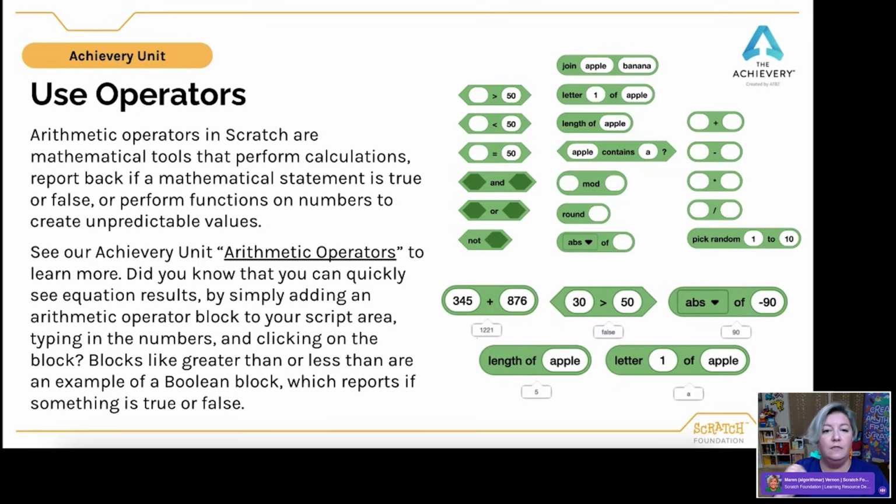And so these can become really invaluable, especially as you are creating complex games. Maybe you're checking to see if the y position is greater or less than a certain number, and that triggers something to happen. Maybe you're writing a math game where you want to have them check the answers of the math equations for you. And so you're able to do that here. So lots of different ways that you can utilize operators in your projects.